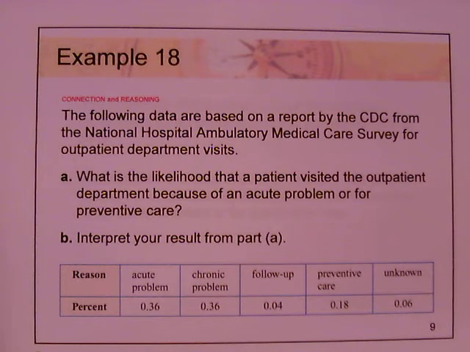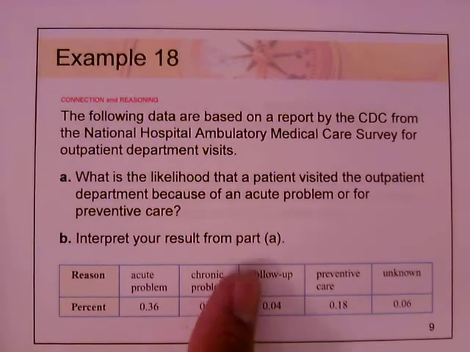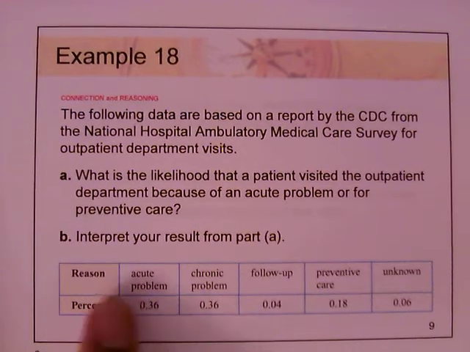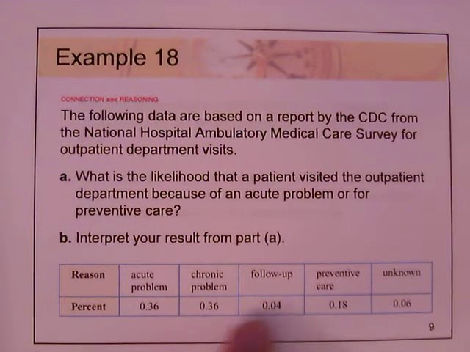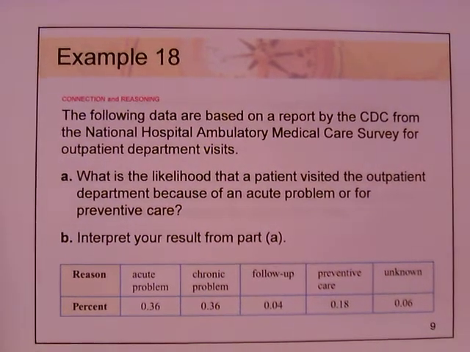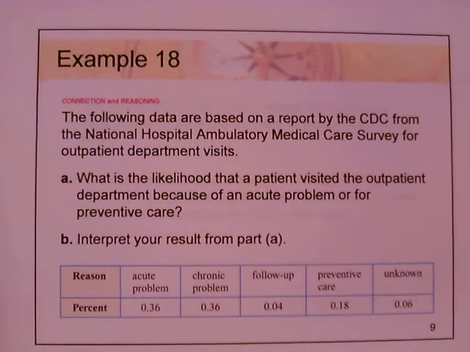So here, what is the likelihood that a patient visited the outpatient department because of an acute problem or for preventative care? And interpret your results from part A. So here's the table that they're giving you here, the reason and the percent, and here they're giving that to you as a decimal. So to answer part A,